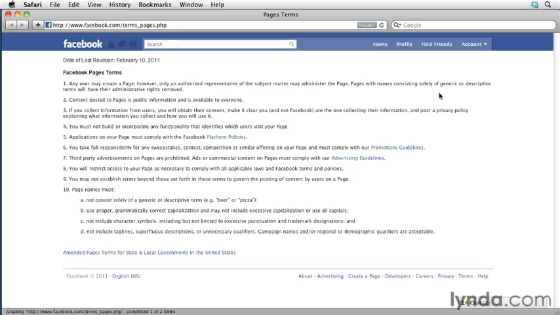You also can't have a page name that is only a generic name, like we couldn't name our page chocolate or feet or something like that. You'll see that they will strip your administrative rights from this page. You also have to realize that all your content that's posted to your page is public information. There's no way that you can turn on privacy and hide it so that, for example, only your friends or only your likes can see the page information. Anybody who has your page URL will be able to go to your page and read it all, which is one of the powerful features of Facebook. Even though it's a private kind of service, if you have a Facebook page, those are completely public. Those are the main things. Let's go back,